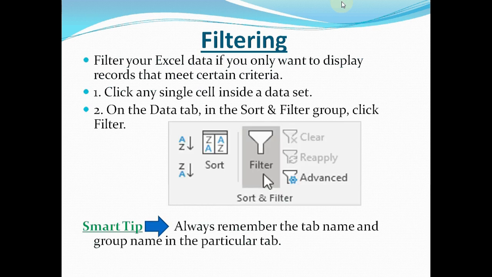In this pic you can see the filter button beside the sort button. Sort button के बगल में filter button show हो रहा है. So always remember the tab name and the group name in the particular tab. Okay, तो कौन सा tab हम use कर रहे हैं और कौन सा group हम use कर रहे हैं, it is very important. So in the Data tab you click in the sort and filter group and find the filter